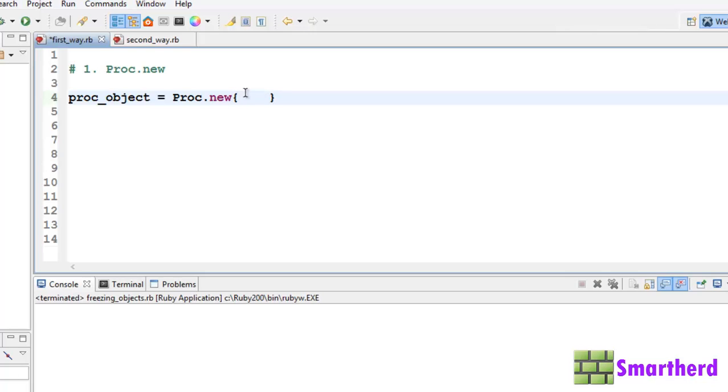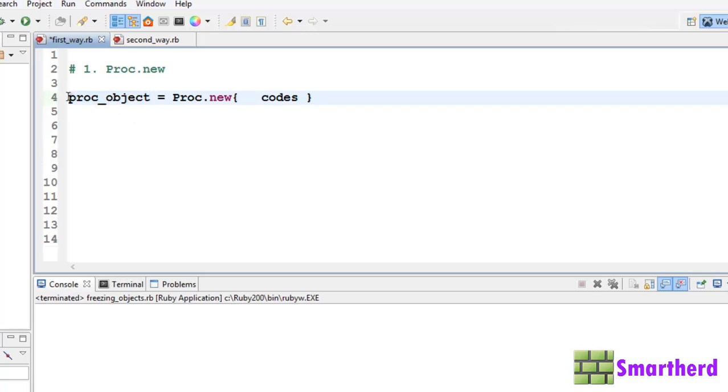If you remember, guys, whatever code we write between the curly braces here actually becomes the code of the block. If you remember, to define a block we define a method, write a method name here, and after that two curly braces, and inside the curly braces the code which has to be executed is the code of the block. Here also I am defining a block with curly braces, but it is preceded by this Proc.new. So this statement actually converts the block code into a proc object, that is a normal object.